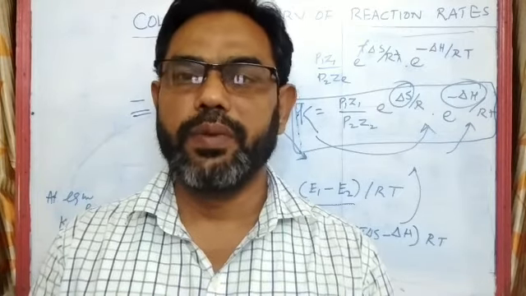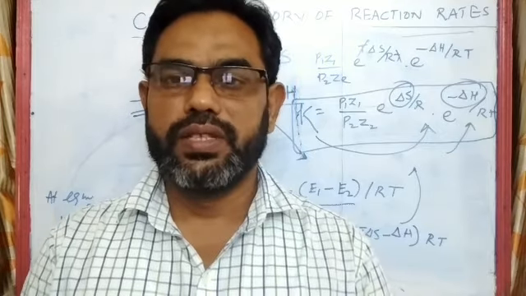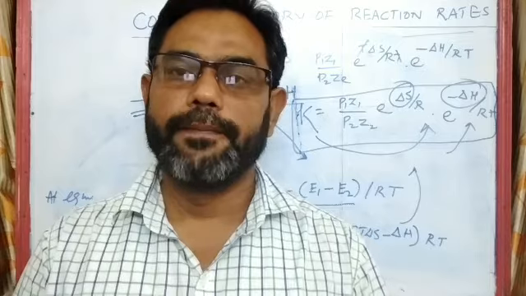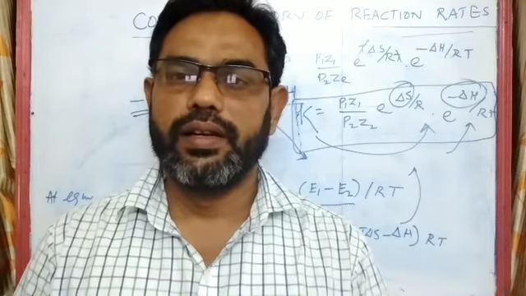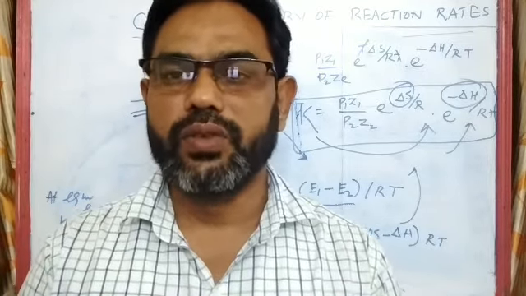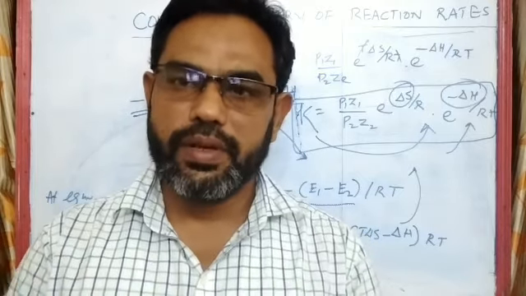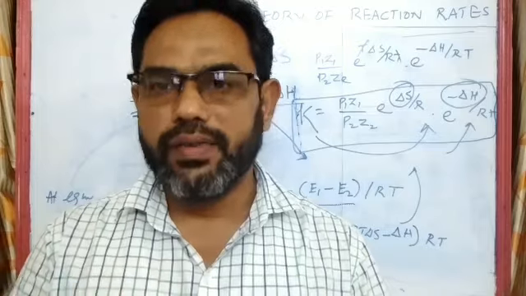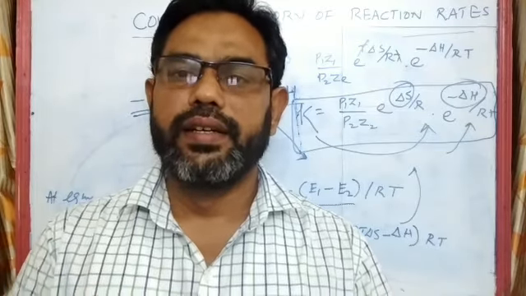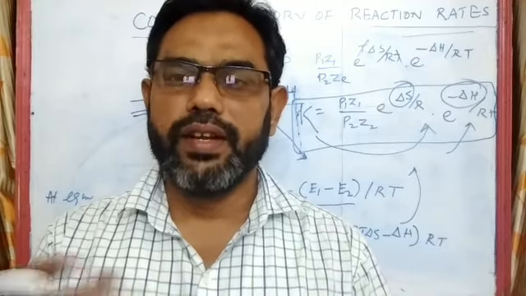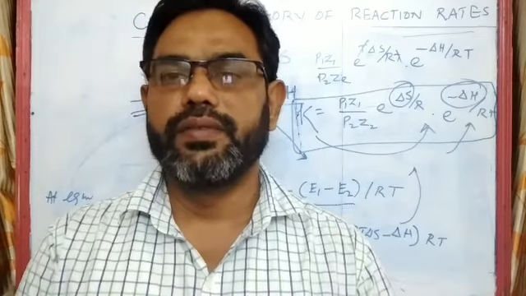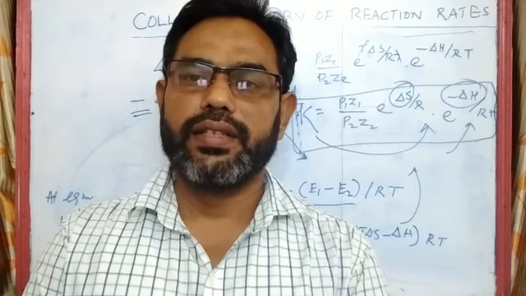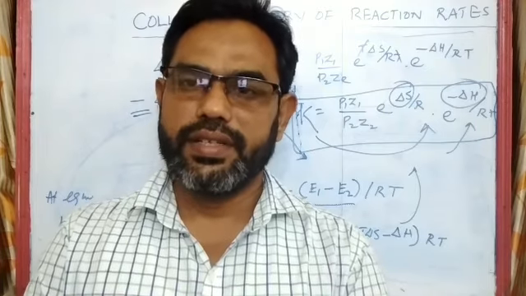Which I will explain in the next class. In this class we have explained what the collision theory is, the derivation of the rate equation from collision theory, tests for the simple collision theory, then the weakness of the collision theory, then the modified collision theory, and the failure or limitation of the modified collision theory. All these things we have learned in this class, and let us continue our discussion in the next class.